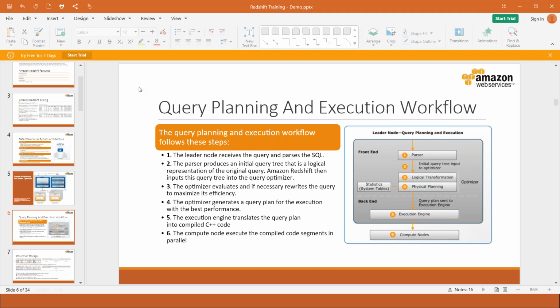Otherwise it cannot come up with the best plan, and your query may end up running longer. I will tell you, the optimizer is like a brain. It will come up with the best plan. I will tell you how it will come up with the best plan. For example,